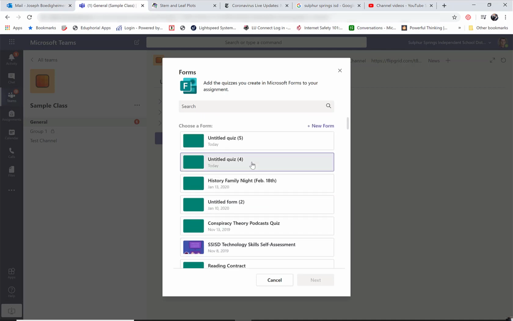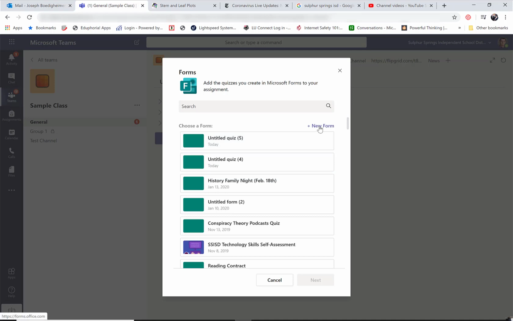The cool thing about this is when I assign it through here, it creates a new copy for each class. So that means instead of having periods 1 through 7 all together on one form, it's separated by classes. So you'll have a different form to review for class 1, class 2, class 3, class 4, and so on. So we can reuse any form we have created, or we can create one and use it, or we can